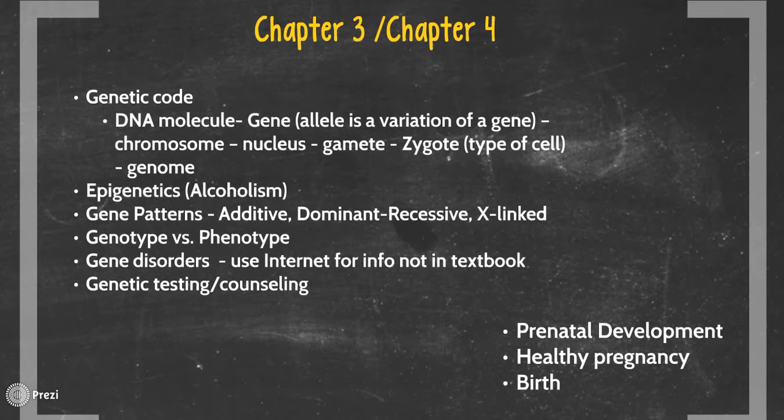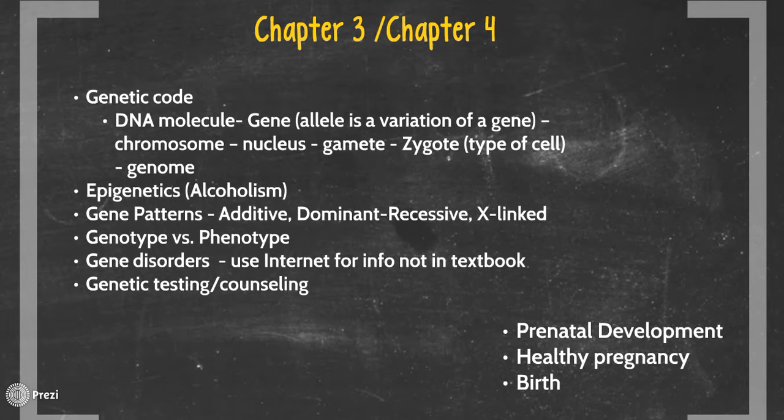Dominant recessive doesn't work like that. It's either one or the other. So this would be eye color, like you either have brown eyes or you have blue eyes, and there's not anything in between. And then X-linked are things like color blindness, and that is when it's carried by the